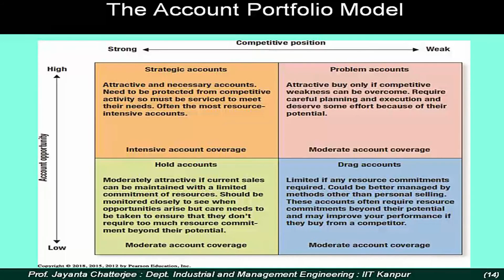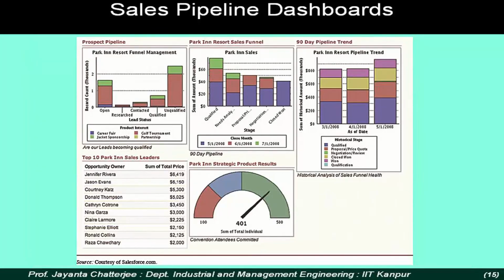So in theory you should try to address every prospect, but as this slide tells you, there is a way of structuring the prospects and structuring your attention and time spent, and therefore you can actually improve the efficiency of your sales process. These days many software are available for this, the sales pipeline dashboard, as it is called. The same thing that comes from this analysis, this 2x2 matrix, can be put into something that a salesperson can use,